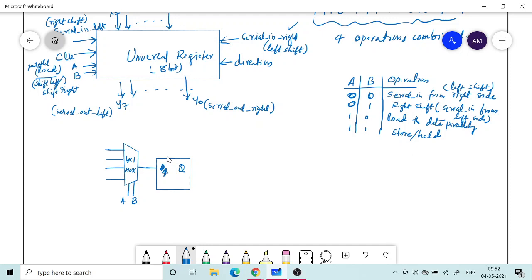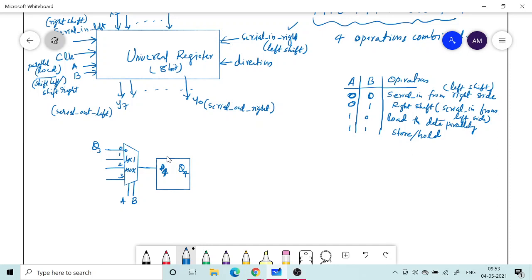So if it is doing the left shift, it has to take data from this 0, 1, 2, 3. The data at the zeroth input has to be coming from your D3. This should be not D3, Q3. Okay, so this way you can give the data. You take the next section output, so this is your Q4, and it is given here.